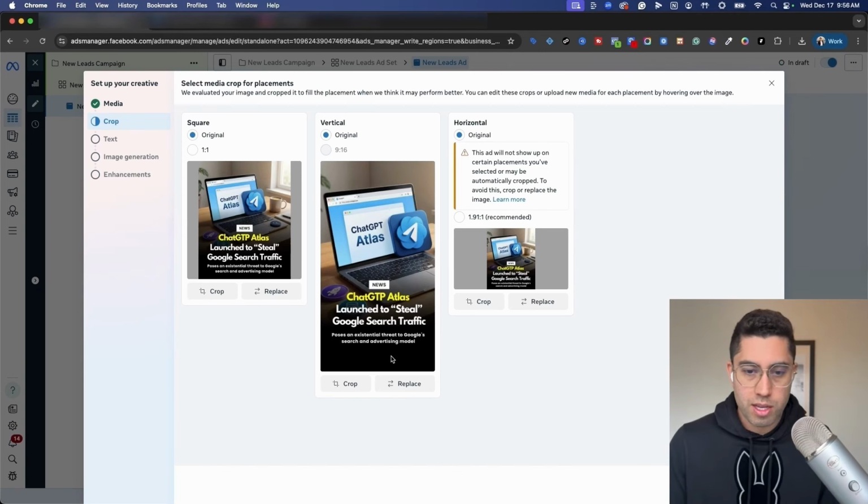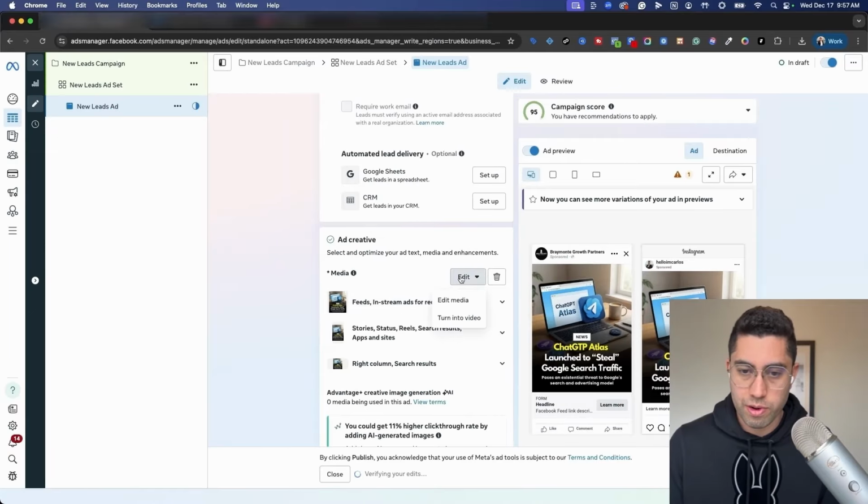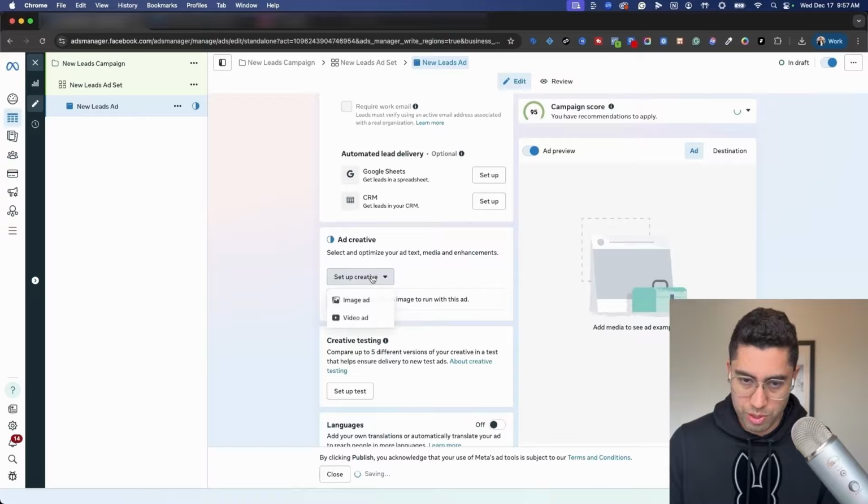Now, key thing here is you want to leave a good amount of space at the bottom, and that will allow the button to show up visibly, and it doesn't cover your text. Leave a good amount of space here at the bottom. I always like to extend that gradient, so you just have a good amount of black space or empty space here. Using like a white gradient works very well as well. So I'll kind of show you what that looks like.